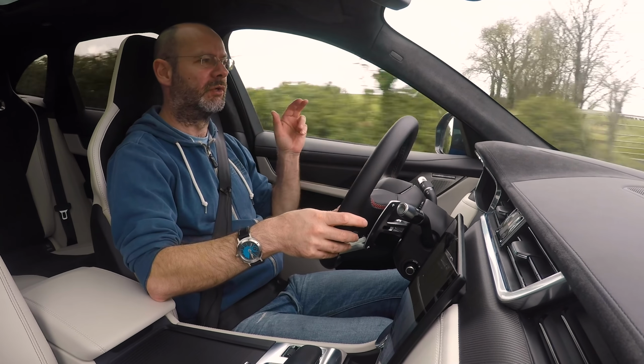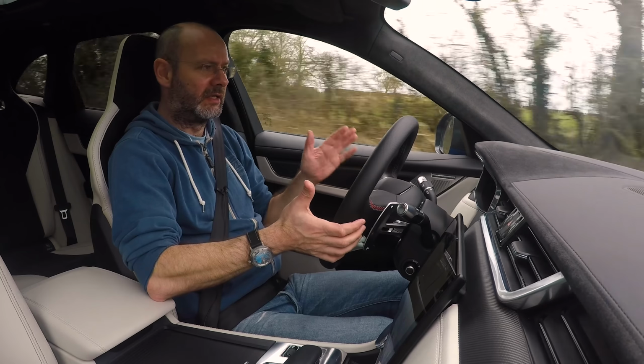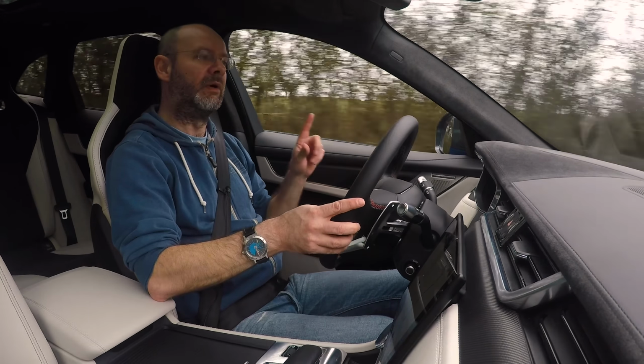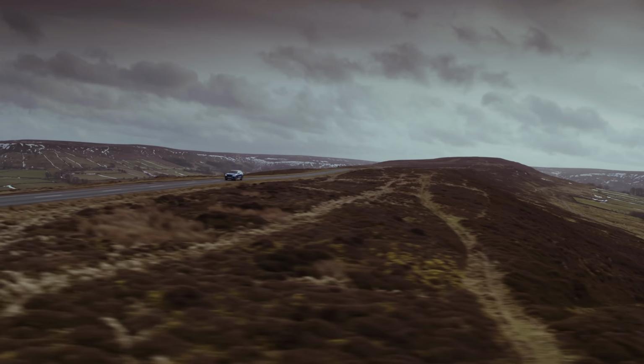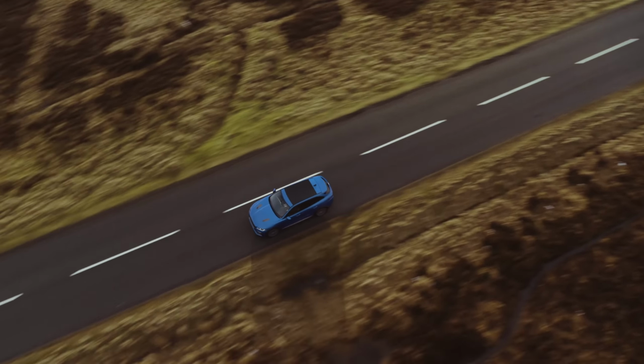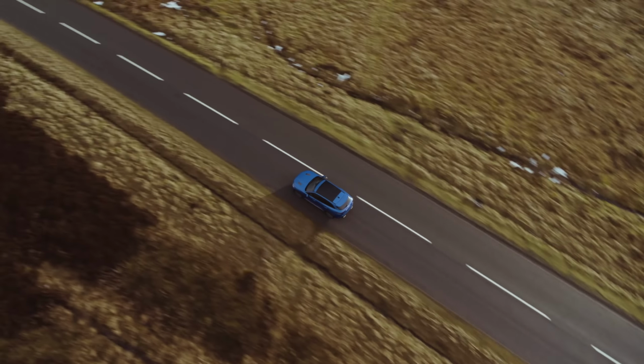There isn't a launch control, but you just sort of take up the slack by coming on the brake, easing on the accelerator, and then letting it go. I won't have the opportunity to do that on roads like this. What I can assess today is the ride and handling, and what I like about Jaguar, what they get right,